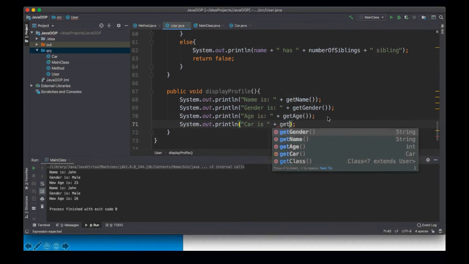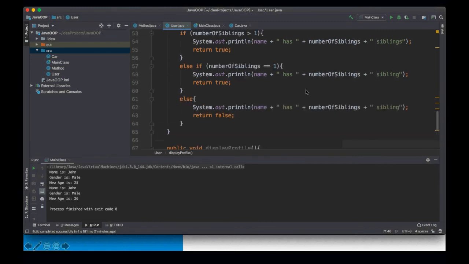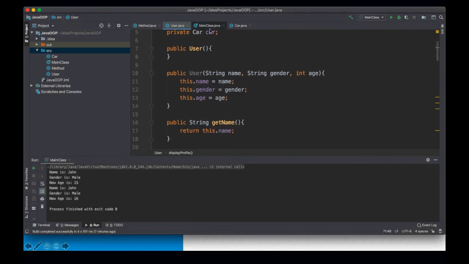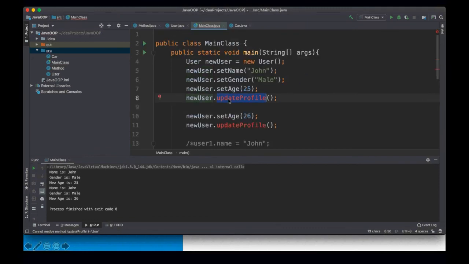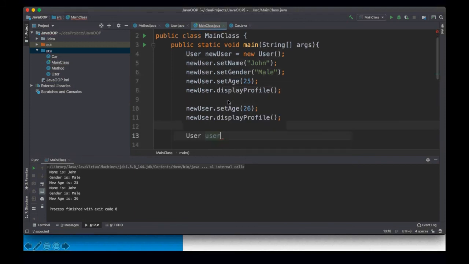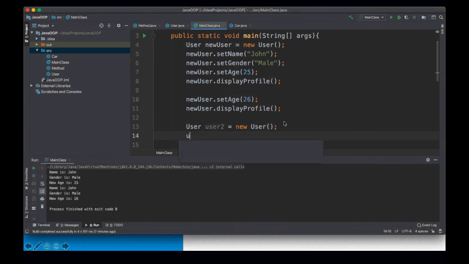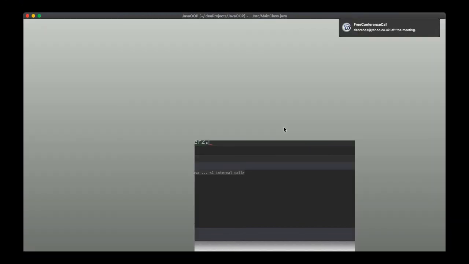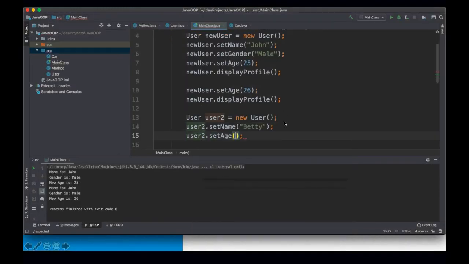So if I go to my main class and I change this to display, I'm going to create a new user2 equals new user, and I set my name to Betty. user2.setAge to 20, user2.setGender to female. And because car